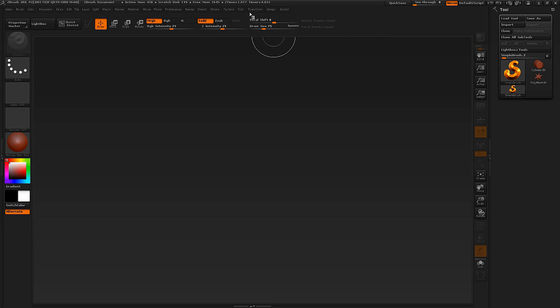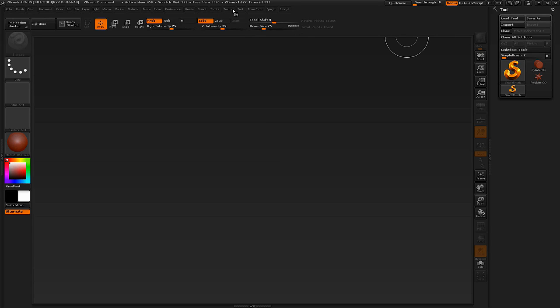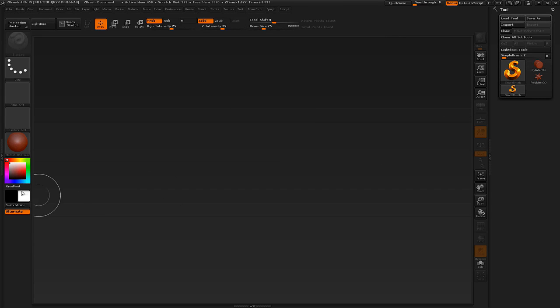And the way we do this is we go under Tool. This is the interface item you're going to use pretty much all the time. So you can dock it over here by clicking this little button. You see the circle thing? Click that one, and it's docked over. If it docks to the other side, just make sure that this divider is open, so this palette here is open. So the way we get a model is by clicking on the big icon,